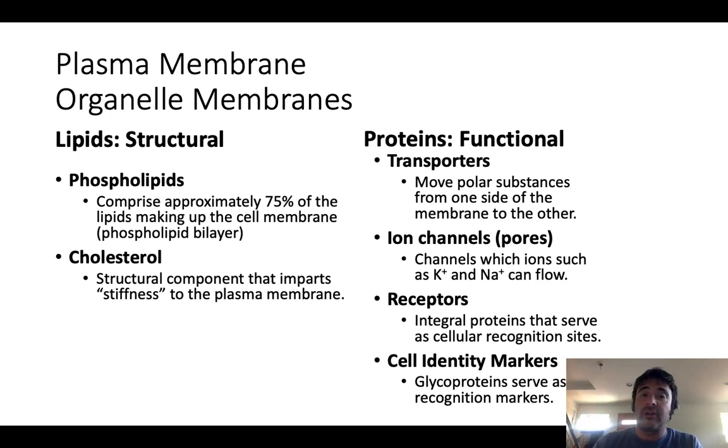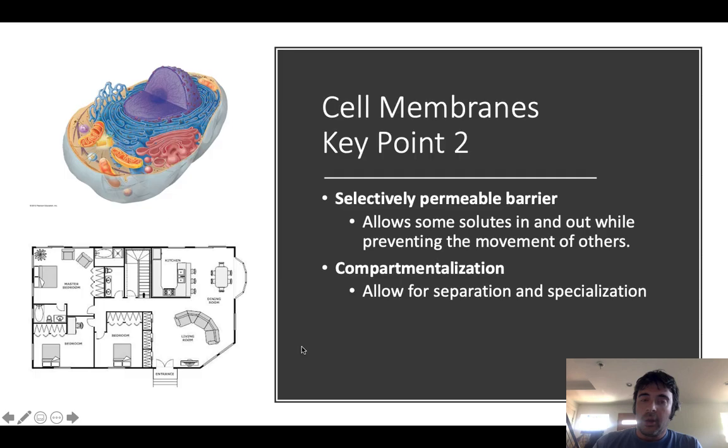Some of those proteins exist embedded within cell membranes, in this case the plasma membrane, and they form the functional components of the membrane. So they can be things like transporters, channels, receptors, cell surface identity markers. As we go through this and talk about cell membranes, one of the reasons we have membranes internally